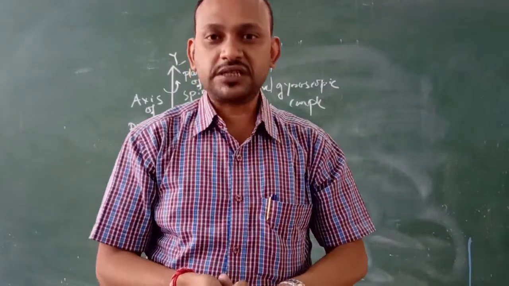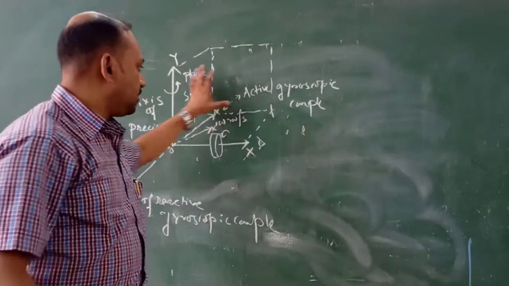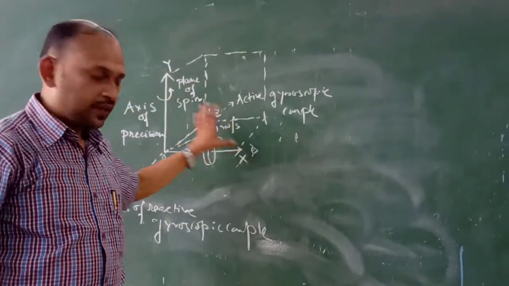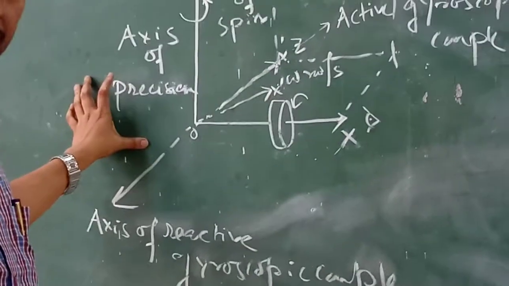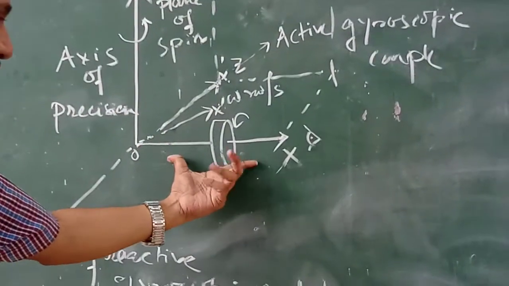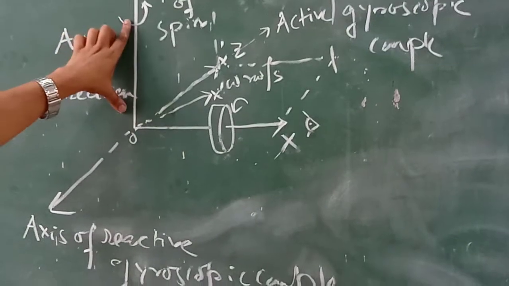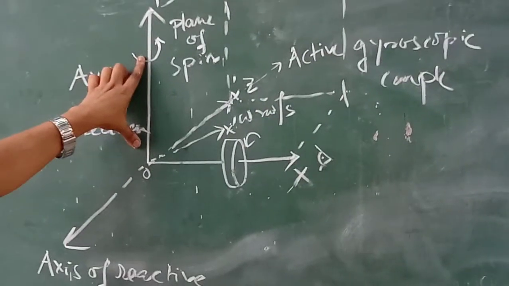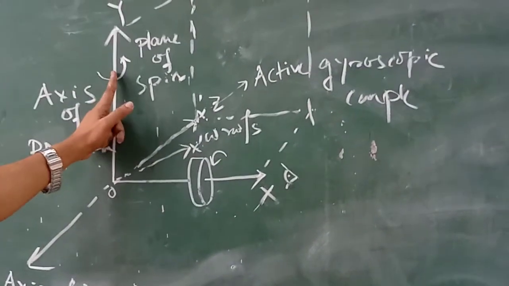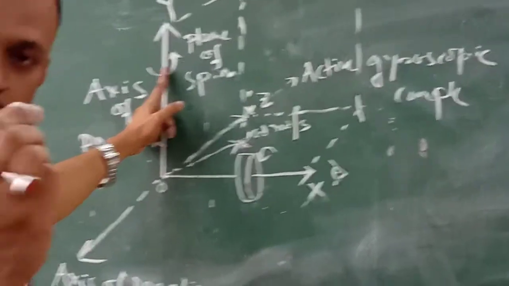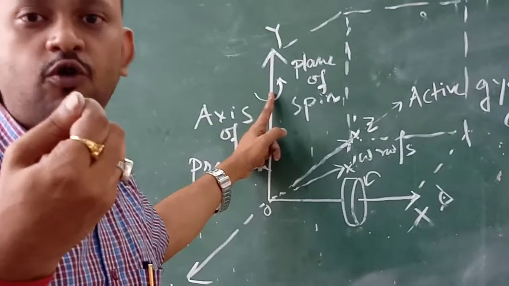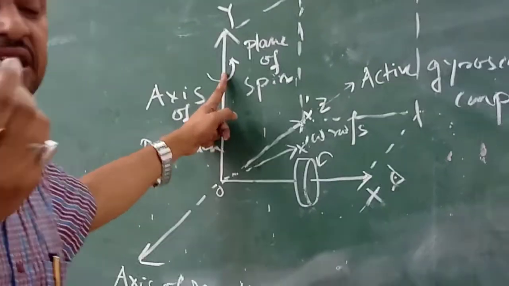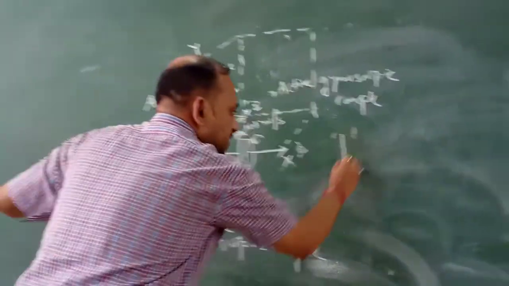We will be coming to this later on, but for today only take this example, that in order for gyroscopic action to take place, the axis of spin should always be perpendicular to the axis of precession, and the axis of precession should itself move with a certain angular velocity, that is known as the angular velocity of precession, omega p, which is d theta by dt. Because what is happening,